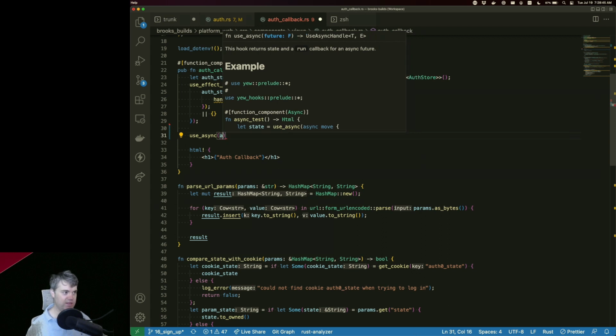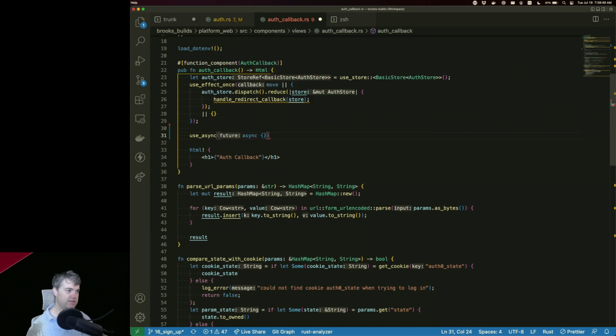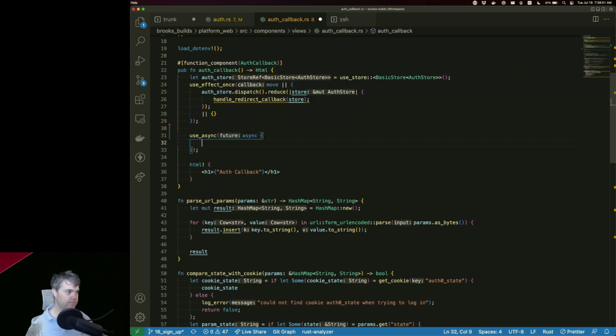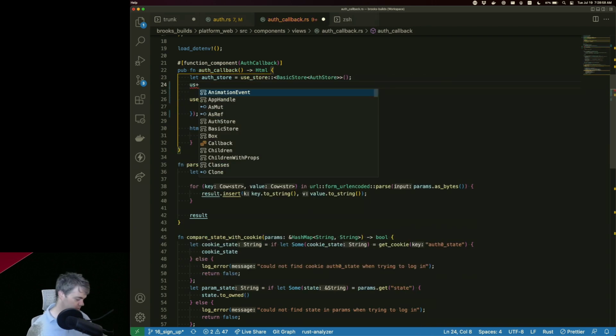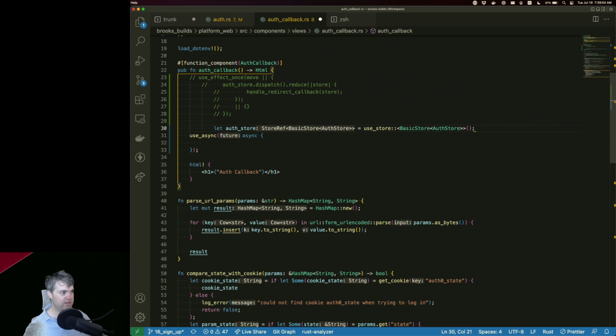So then I can do an async block. We get our store outside of here, which means we also need this to be moved. We're going to auth store dispatch.